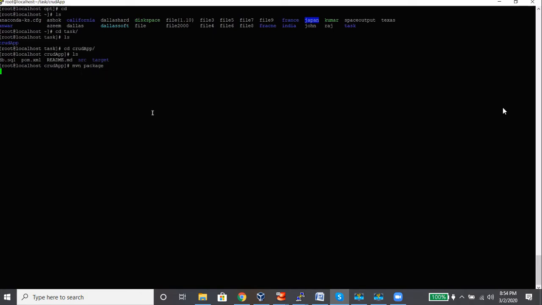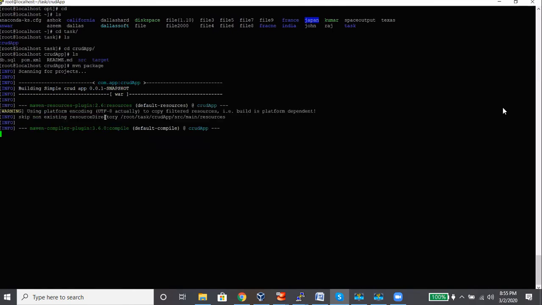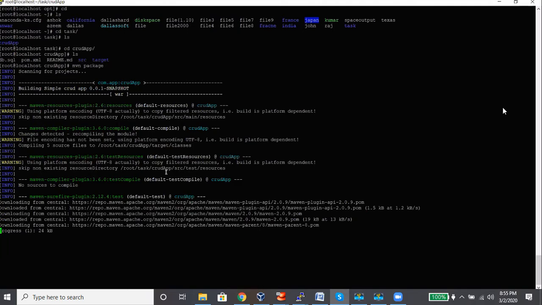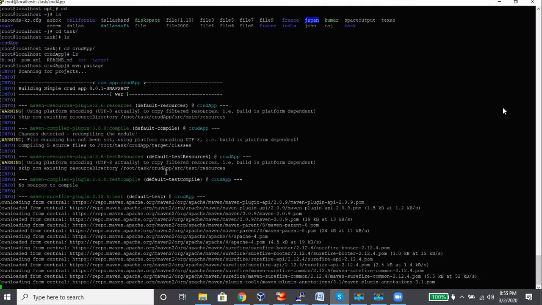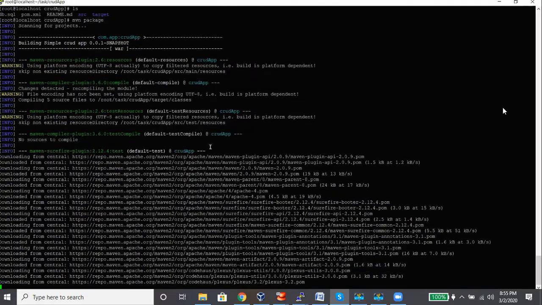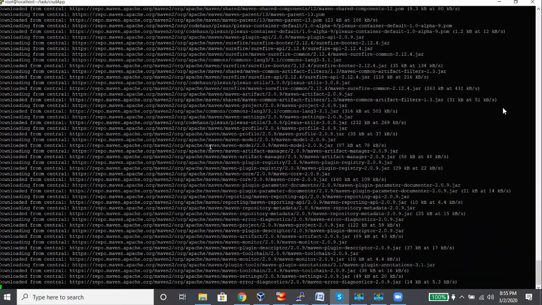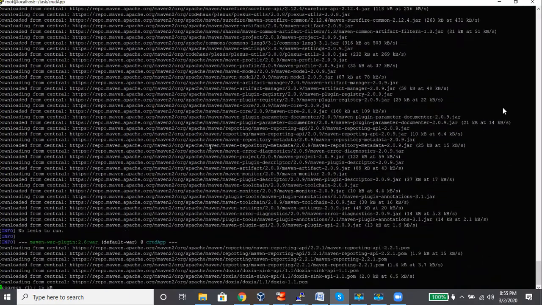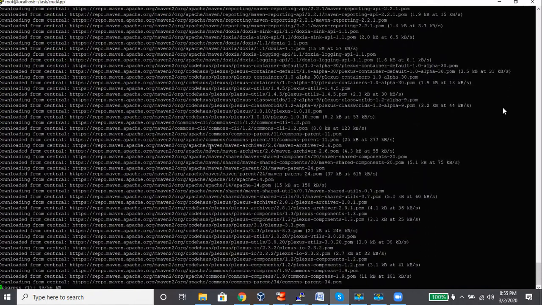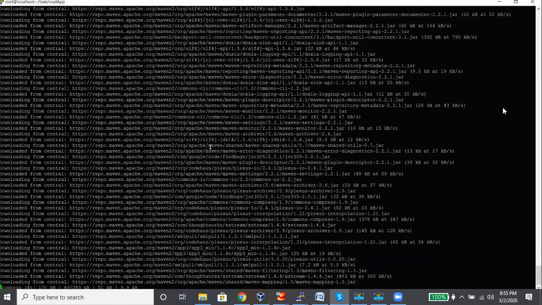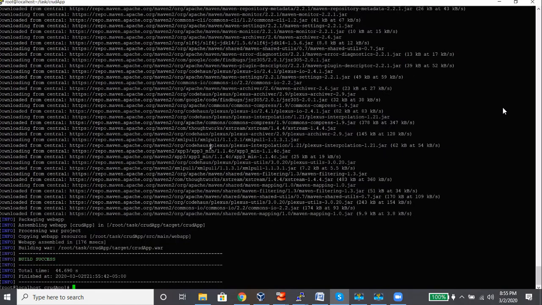So when we run this particular command, the dependencies for this particular application, all those Maven dependencies, will be downloaded from the internet, and it will resolve all those dependencies, and we will be able to get the package from this code.